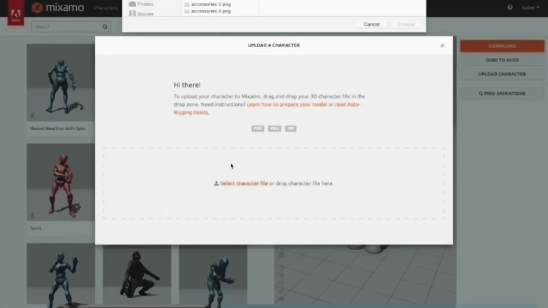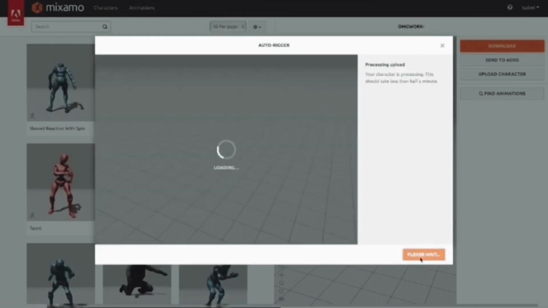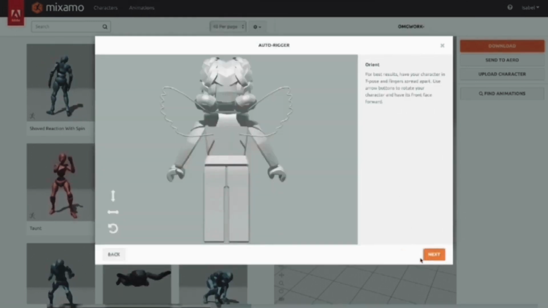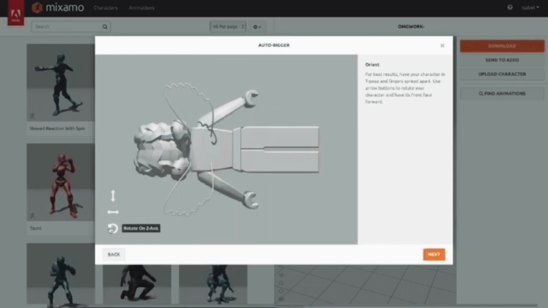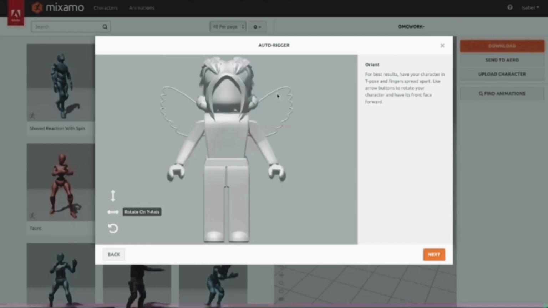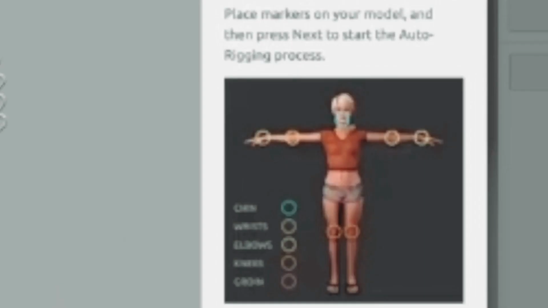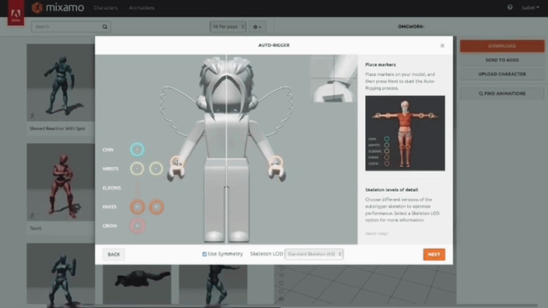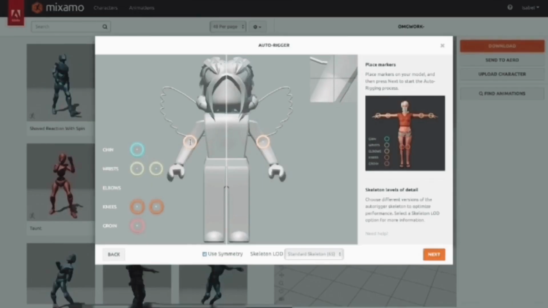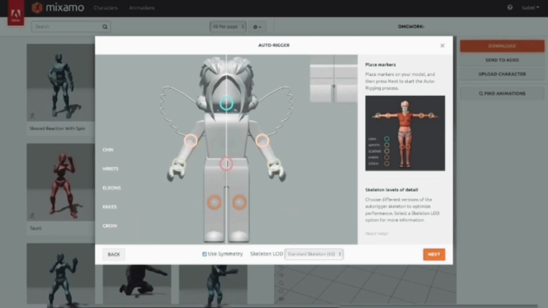You just want to import your character's file from Roblox Studio, and then once it's loaded in, you just need to wait for it to load. And then if yours isn't facing the front, just use the scales on the side, turn it around. Now there should be a picture on the side, and you just need to copy that and then drag the little circles onto where they're supposed to be. The picture shows you where they're supposed to go, and then once you finish that, just click the next button,